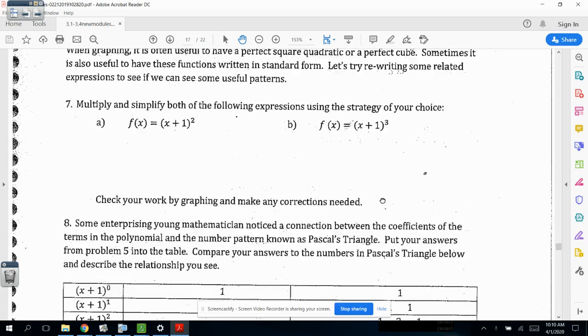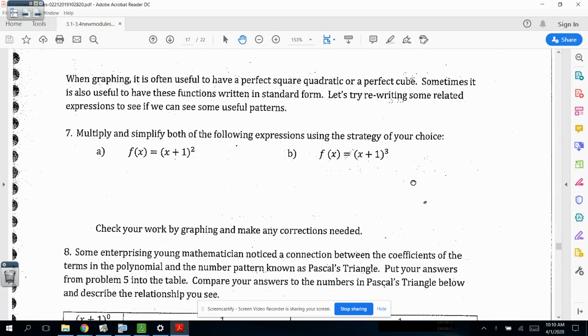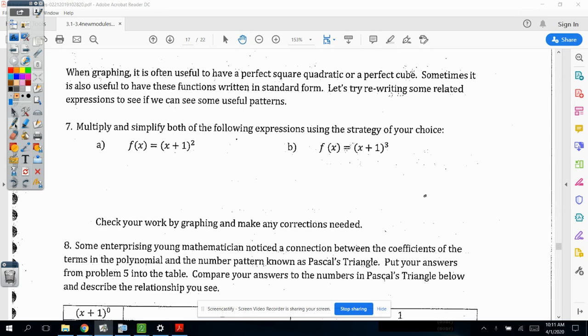Hi guys. We're on page, let's see what it says, 22 here. We're gonna figure out what Pascal's triangle does for us and where it comes from. First thing you need to know is that